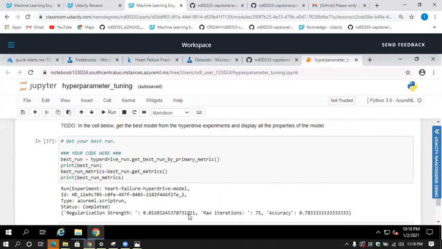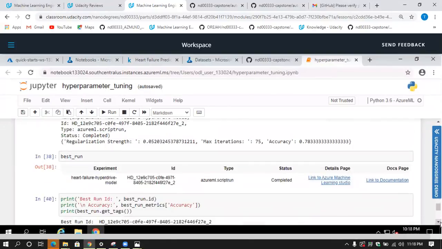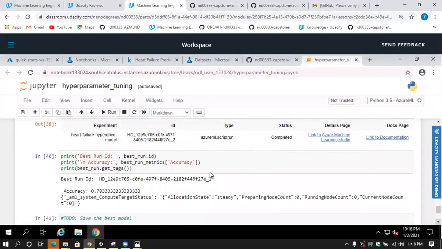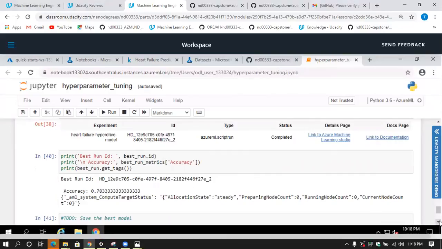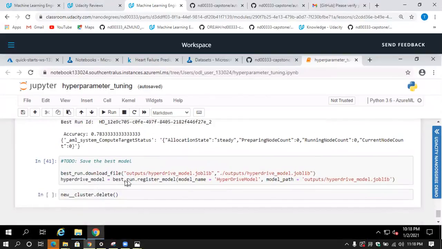So I think the lower the regularization strength, the higher the accuracy. So printing out my best run ID and my accuracy, I have this. So I'll just go and save the best model as hyperdrive model and then delete the cluster. Thank you.